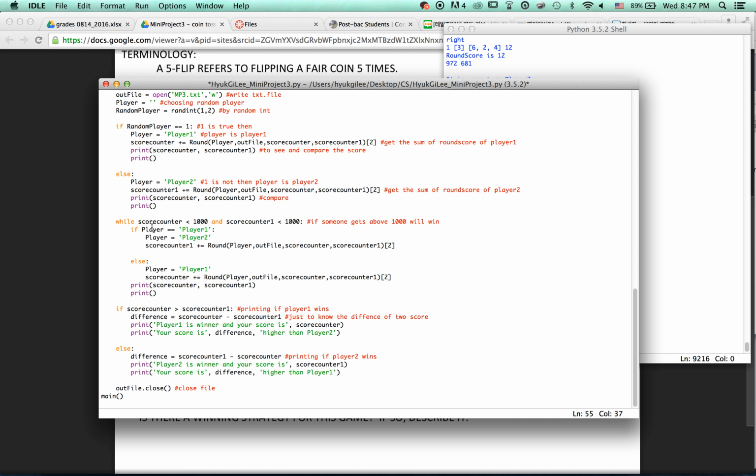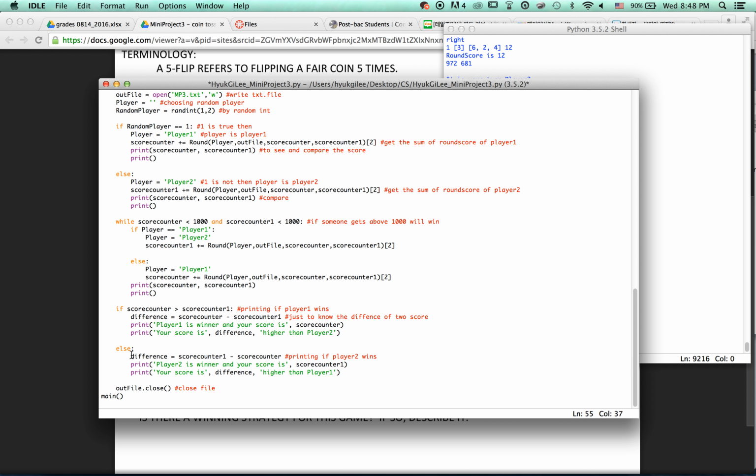If the counter of player 1 has more score than player 2, then the winner is going to be player 1. And I just want to see the comparison of the two scores,